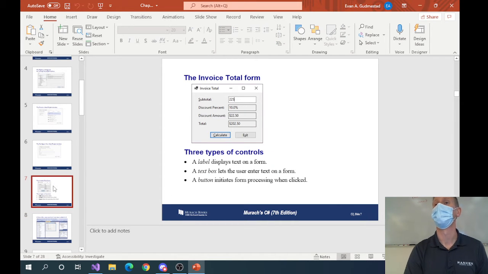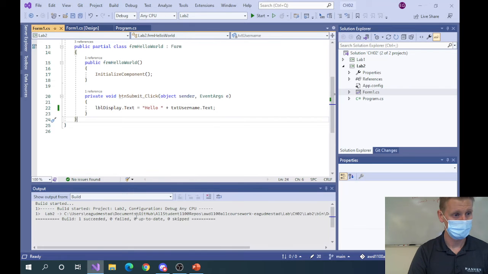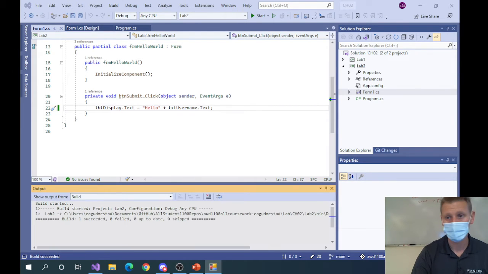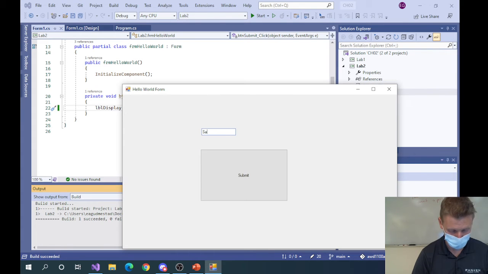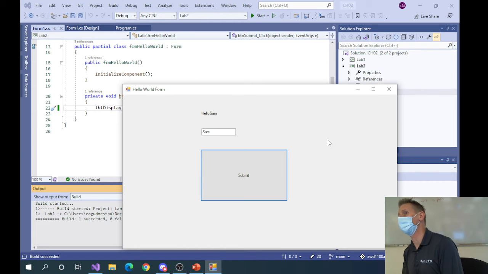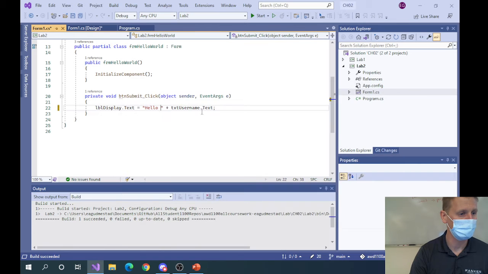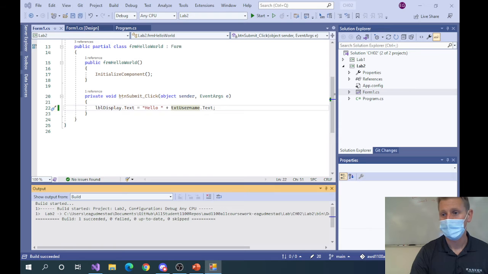So when I was doing the hello plus txt username text, do I have to put a space between them? What happens if you don't put a space here? It didn't space it. To get it to output the way you want, yeah, there's some trickery there. It'll put hello Sam together, but if I put a space right here like I did there, then